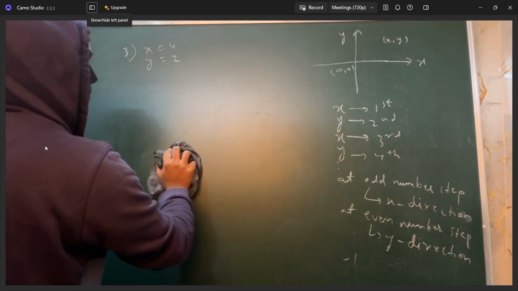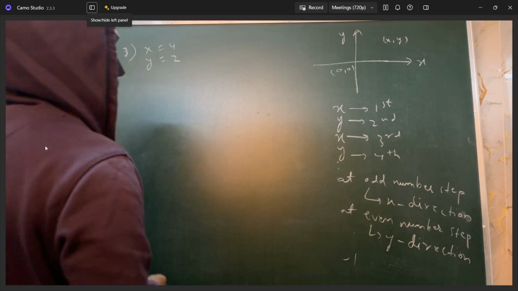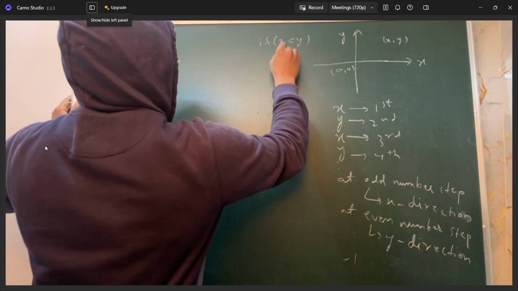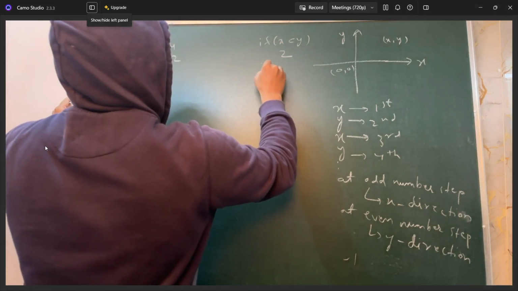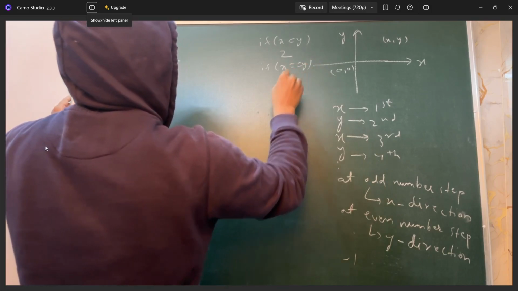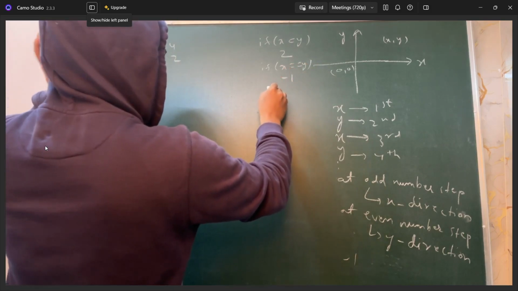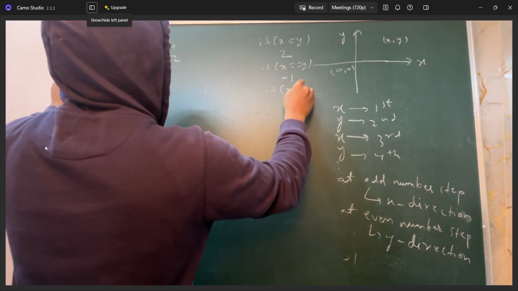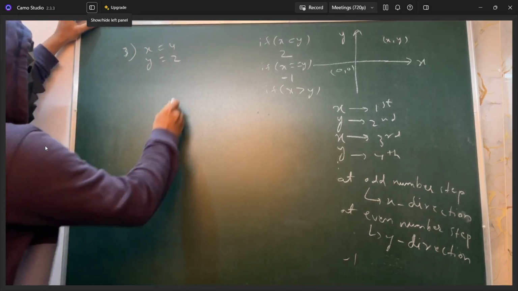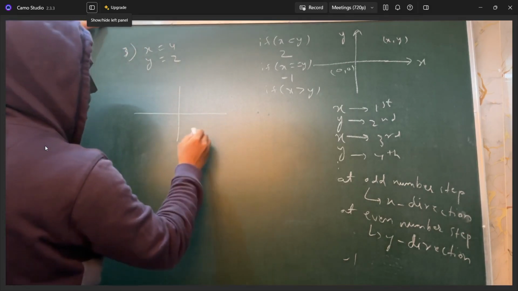Now the first case was when x is less than y, your answer is 2. If x equals y, your answer is not possible, your answer is -1. Now the one condition left is if x is greater than y. So this is the third case we'll be doing. So in the third case,